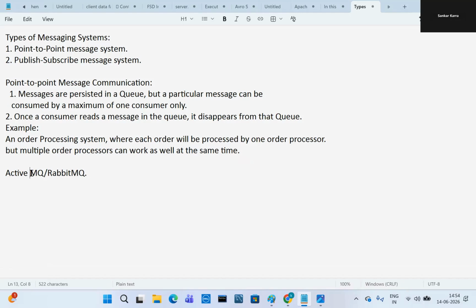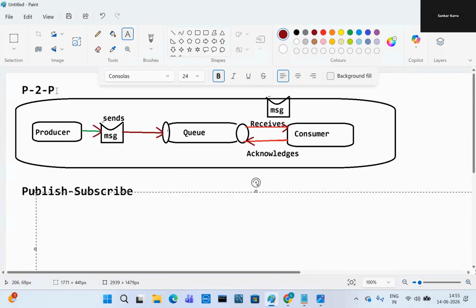These are examples of point-to-point communication: a single message is consumed by only one consumer, while multiple messages can be consumed by a single consumer. So what we understand up to here is that in a P2P, point-to-point messaging system, the producer sends a message to a queue, and only one consumer can consume it.